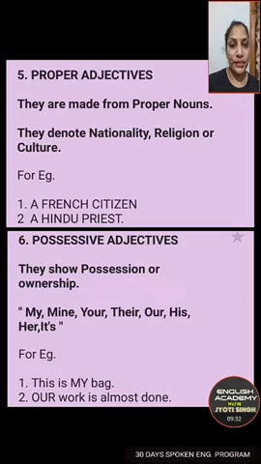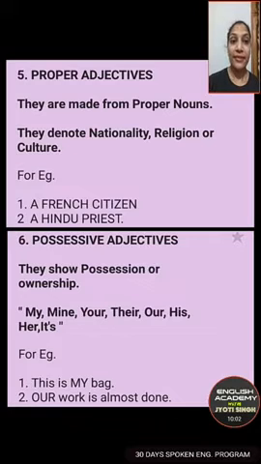Next, possessive adjectives. Possessive, as the name suggests, they are showing possession or ownership about a noun or pronoun or something that we're talking about. The commonly used possessive adjectives are my, mine, your, their, our, his, her, its, etc.